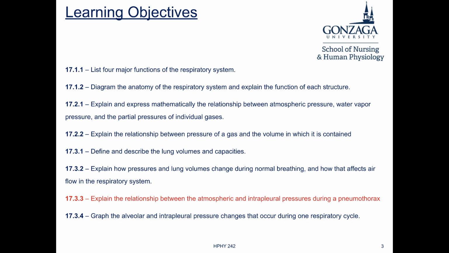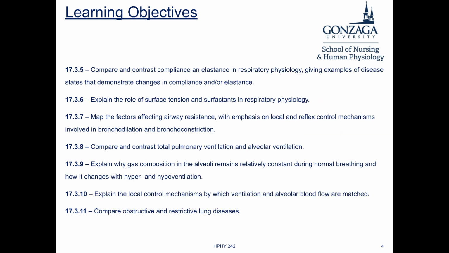And we're going to discuss how alveolar and intrapleural pressure change during the respiratory cycle. And then we'll get into some factors that impact lung function, including compliance, elastance, and surface tension. And then we'll talk about airway resistance, emphasizing local and reflex controls that regulate bronchodilation and bronchoconstriction. We'll finish up talking about total pulmonary ventilation versus alveolar ventilation, and how gases change during hyper and hypoventilation. And then finally, a little bit on